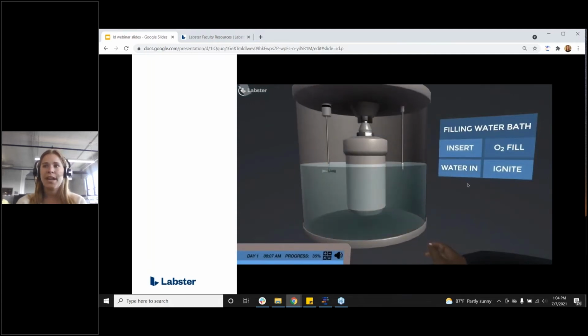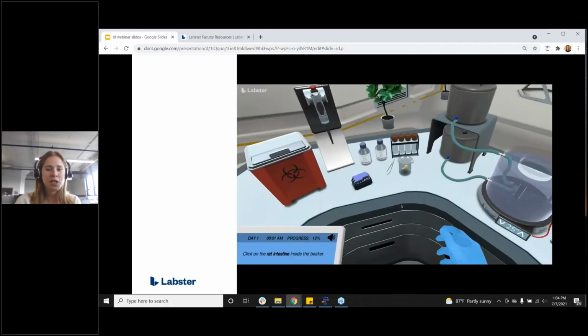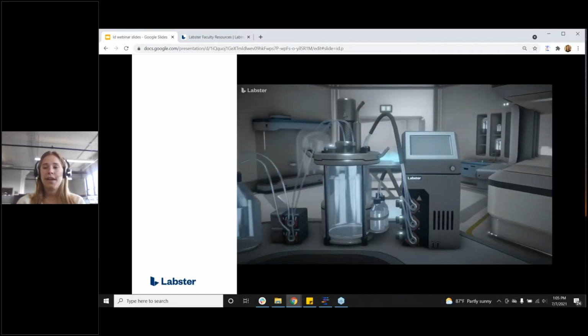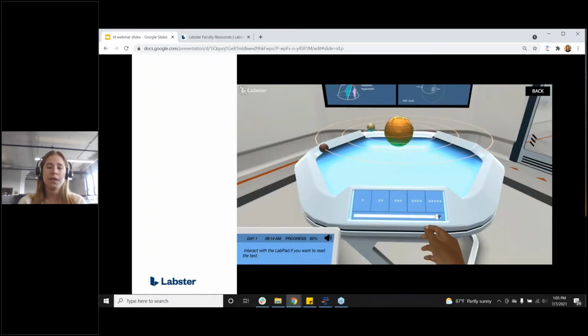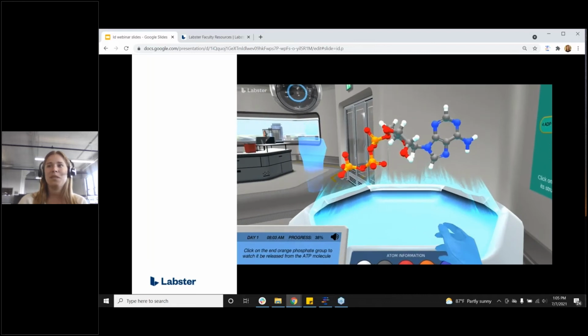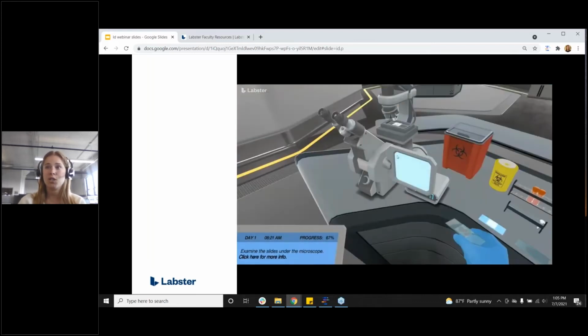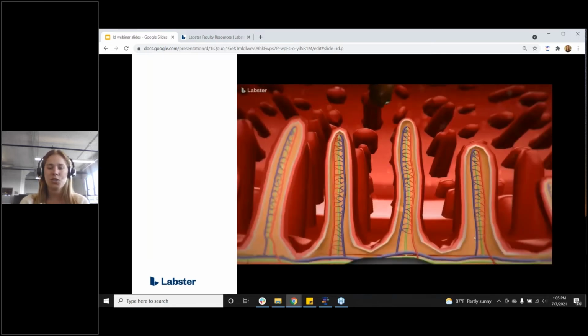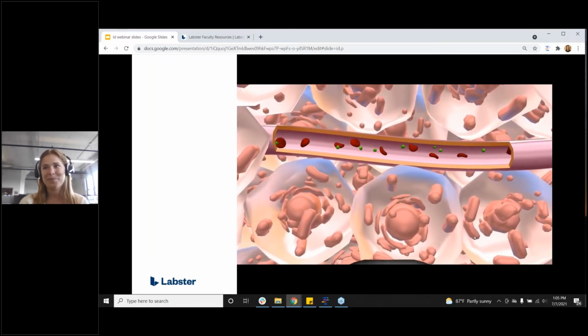We incorporate interactive cellular and molecular visualizations, MCQs, the ability to change variables. And as an educator, the most important thing for me is students can make mistakes. They can mix wrong acids, beakers can spill over, and they're making mistakes and learning from them in our Labster labs. And each simulation is graded, and the platform is integrated into the different learning management systems. There's quizzes and progress tracking along the way.